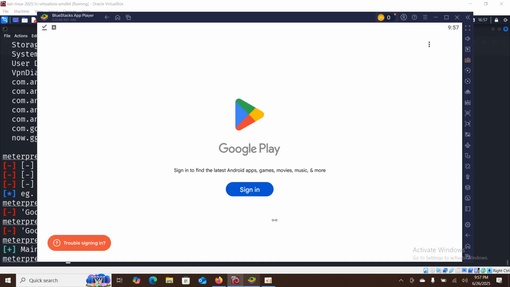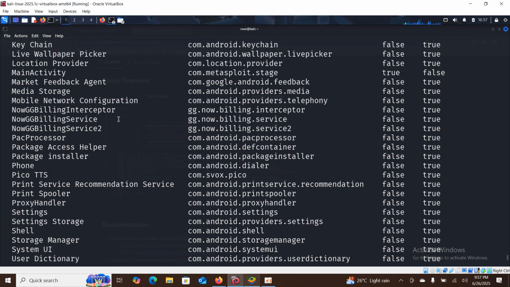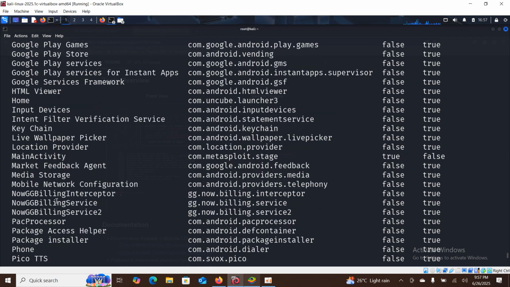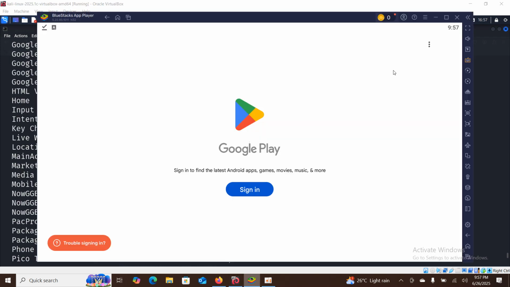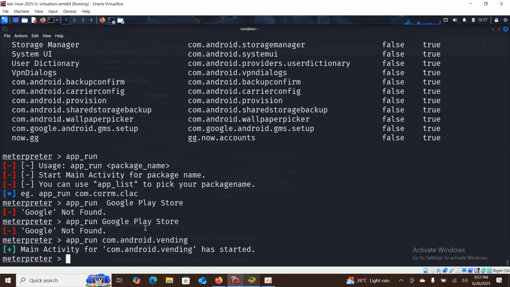Yes, if you come here, you will see. Sorry guys, I think I made a little mistake. So if I want to run this Google Play Store here, if you see, for example, I come to the Android, it is already launched. But if I close it, what you need to do is to come over here,